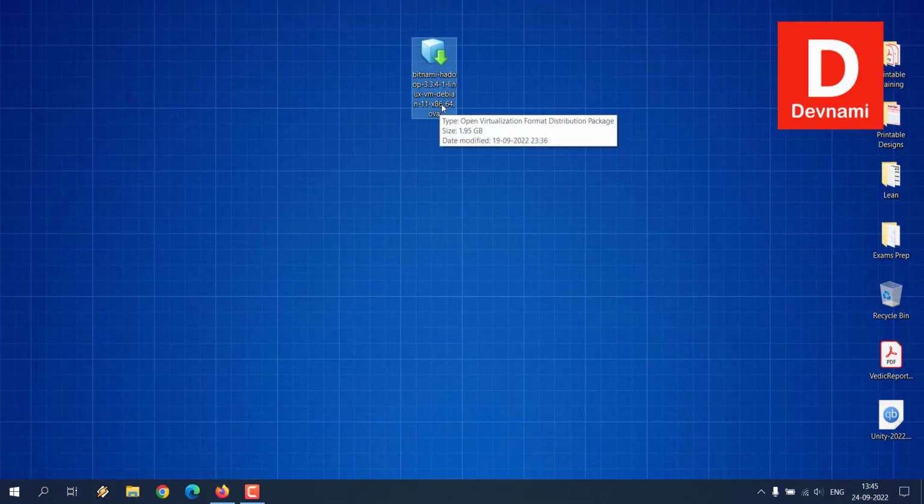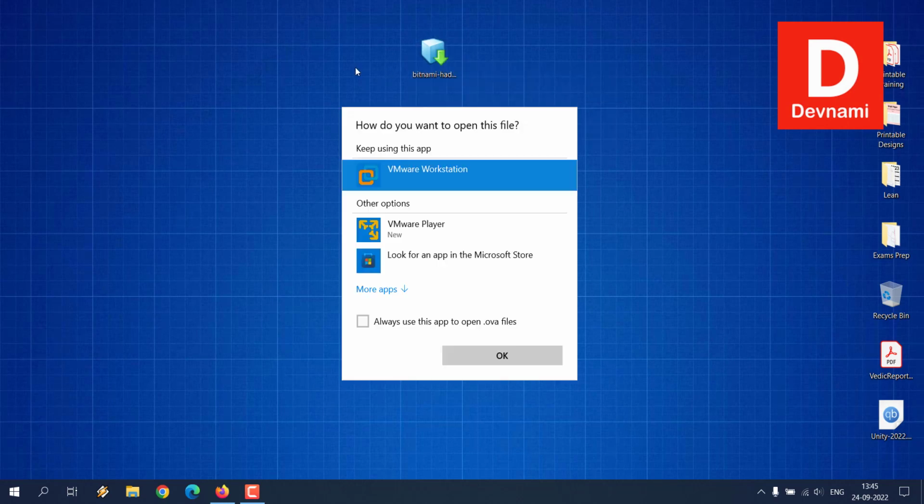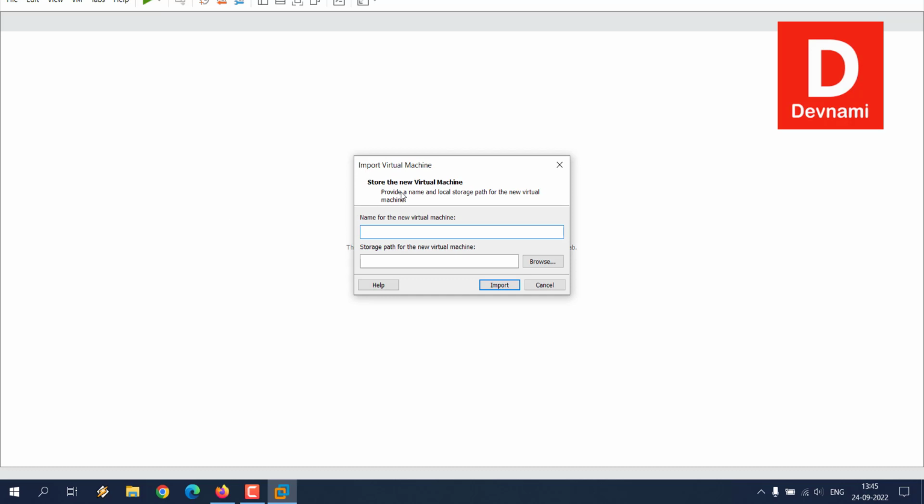So if you have VMware or VirtualBox, you can open this file. Double click, select VMware Workstation if you have it, and if you have VirtualBox, you will have to go through its own application interface to open that file. So now that this is taking some time, that means it is going to open a wizard for me, right? It will ask you what you want to name this virtual machine. So we are going to name it